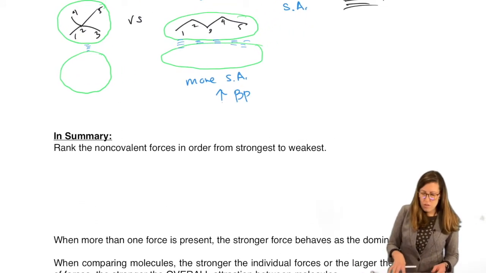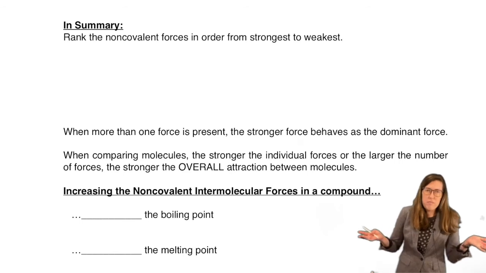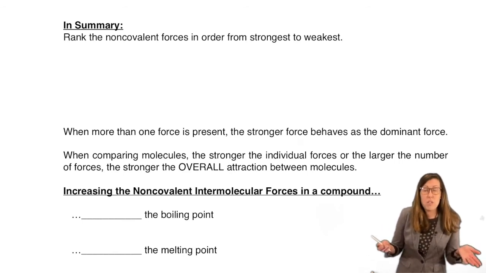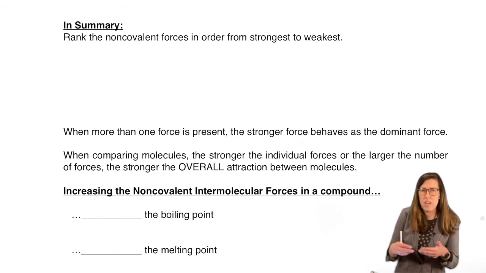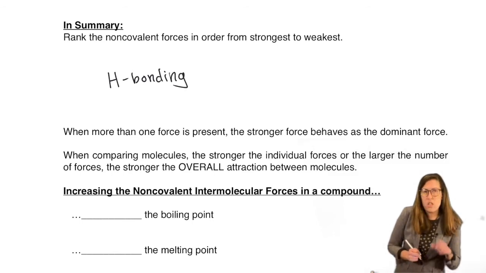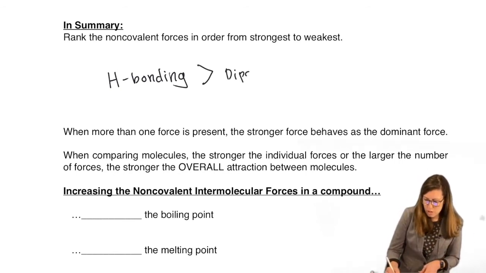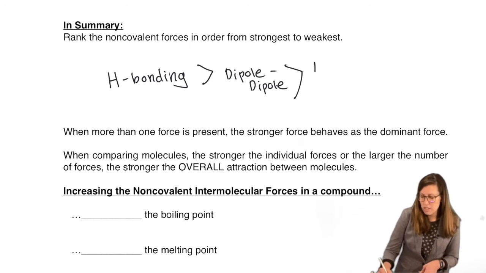Okay, so now we have reviewed three dipole non-covalent interactions, the most important ones. We will add a few more later, but these are the major players, since this is review after all. We have H bonding. Remember we said that was much stronger than dipole-dipole. But of course, this is based on permanent dipoles. A dipole-dipole interaction is going to be much stronger than a London dispersion force.